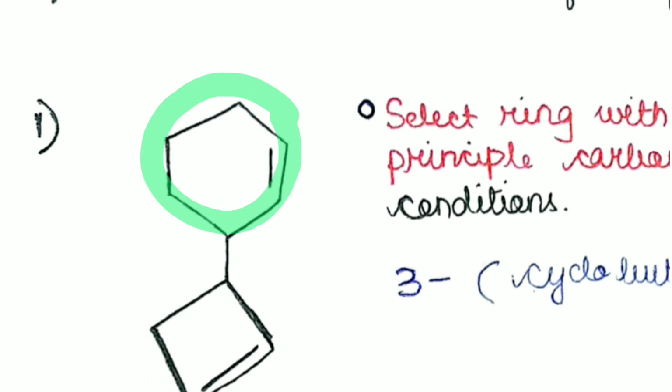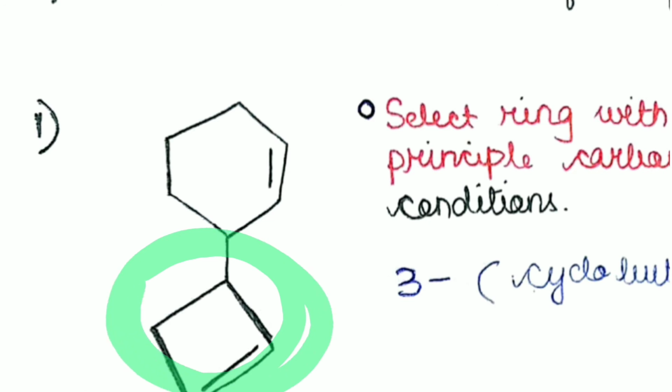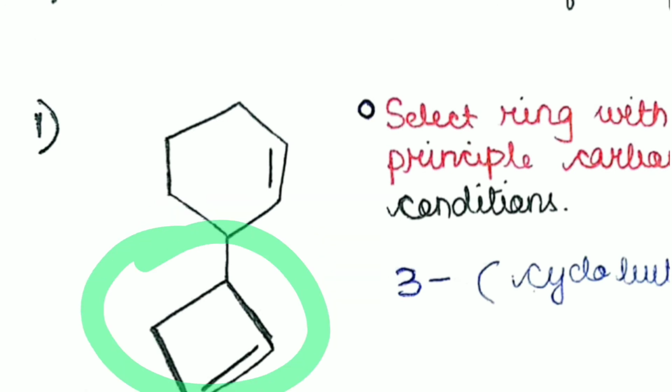So what will the name of this compound be? 3-cyclobutenyl, because the cyclobutene part is the substituent. So we'll be calling it cyclobutenyl. That's how we name this compound. 3-cyclobutenyl. But also we have to keep in mind whether the double bond is at the free valent carbon or at the second carbon from the free valent carbon, or the locant of the double bond also has to be taken into account.